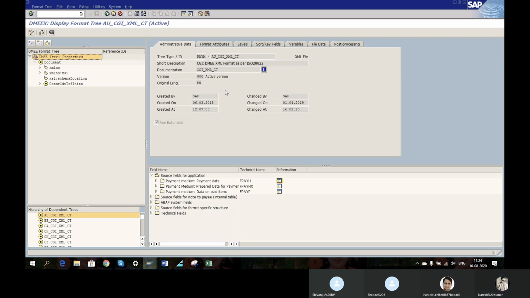Who would like to tell whether it is incoming or outgoing? Normally, how will you identify whether this is an incoming or outgoing file?